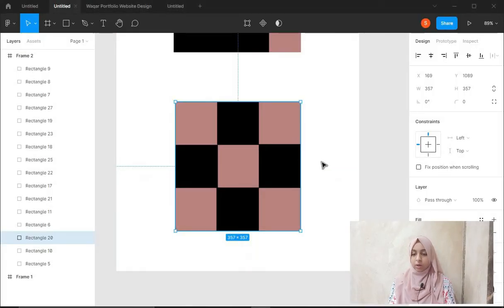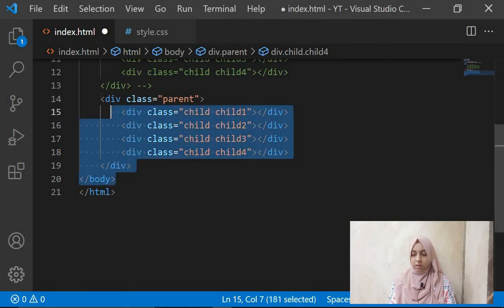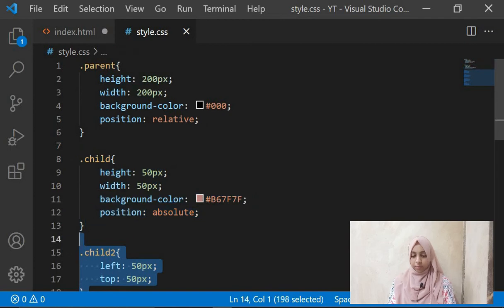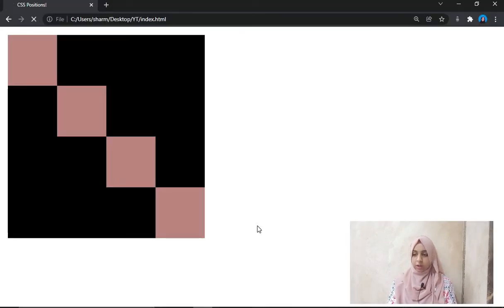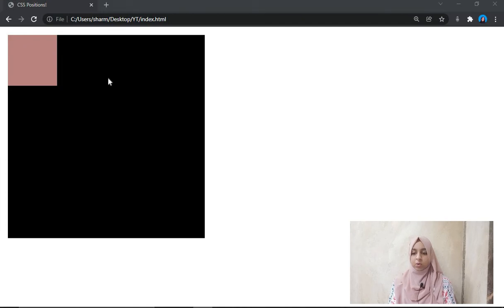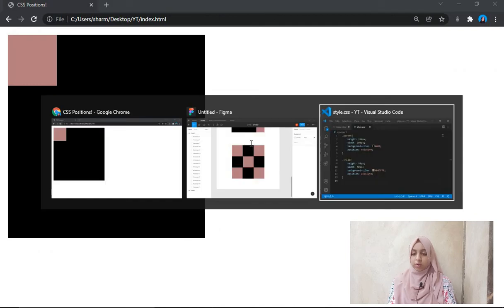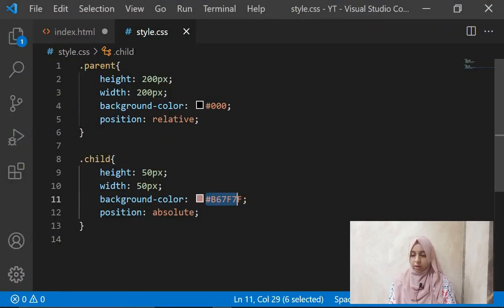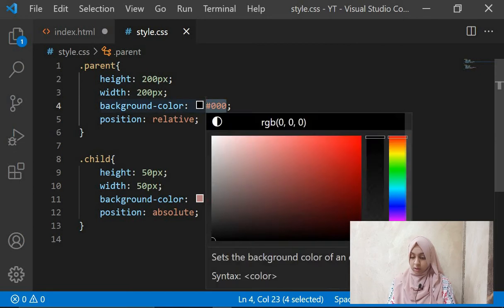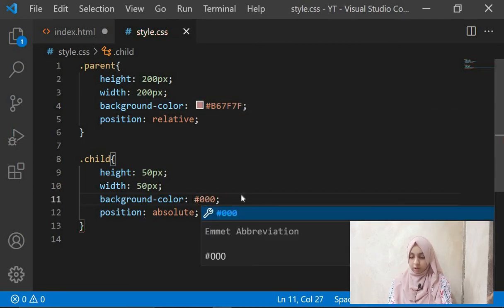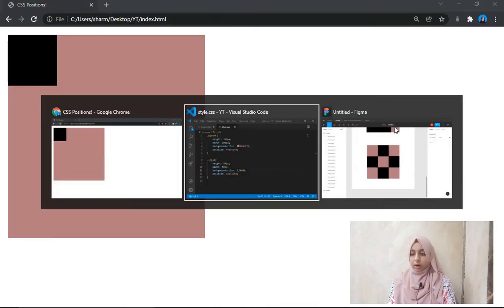Okay, so here again we will need 4 divs, so let this be as it is, and here let's remove these styles from the child. We save this and we refresh. So again we have 4 divs. Now we need to set it as they are over here. We were supposed to take this color as a background, right? So let's copy this color, use it as a background, and let's use our black color as the div color. Okay, so here we are.